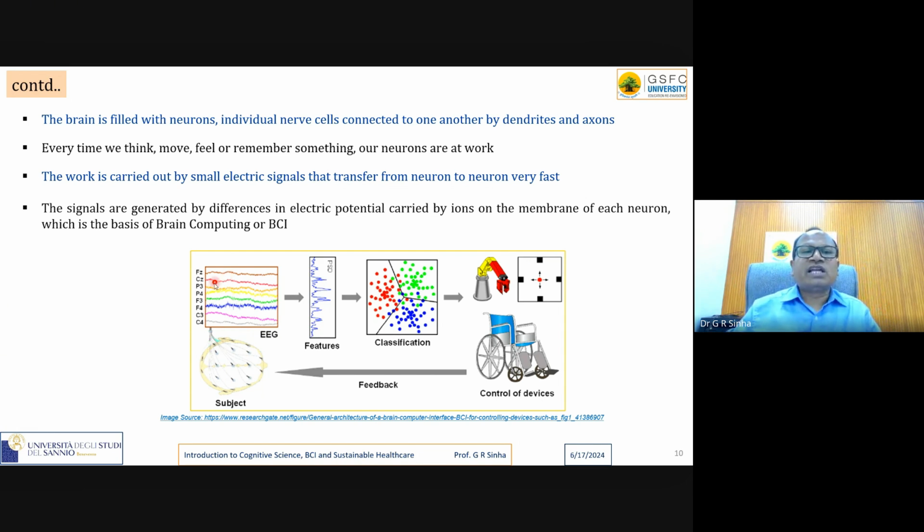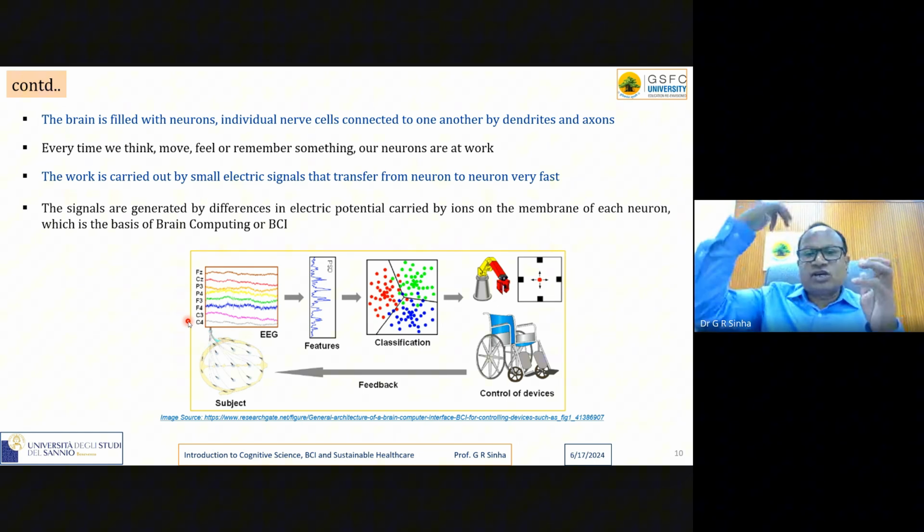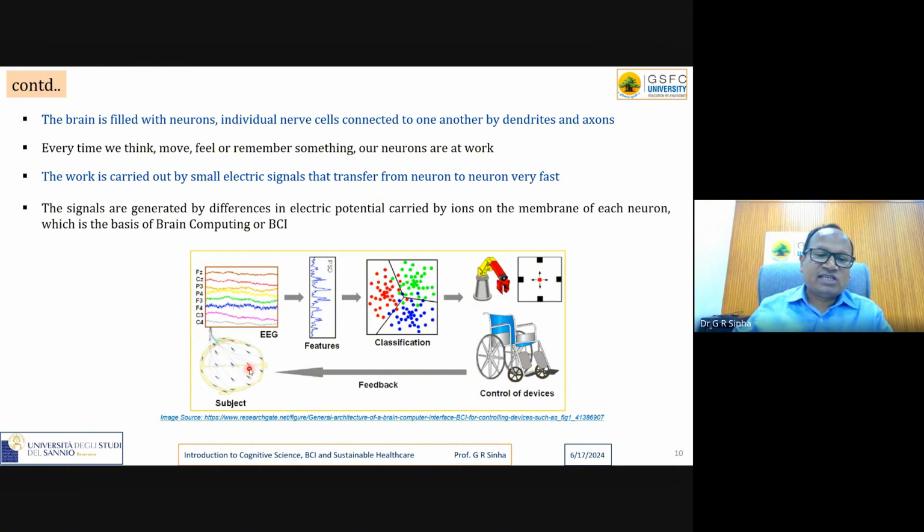So in this picture, you can clearly see that EEG is recorded. What are these FZ, CZ, P3, P4, F3, F4, C3, C4? I will explain. Anybody knows about this? These are the channels. There are different channels in your EEG device, and these are the channel names. When you capture EEG, a subject in a medical or biomedical study is a person. The number of persons means the number of subjects.